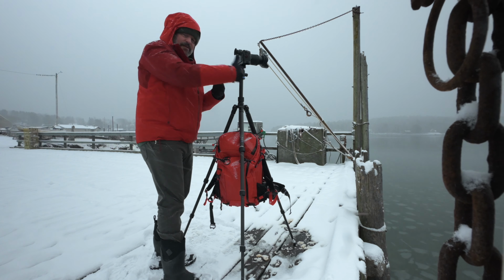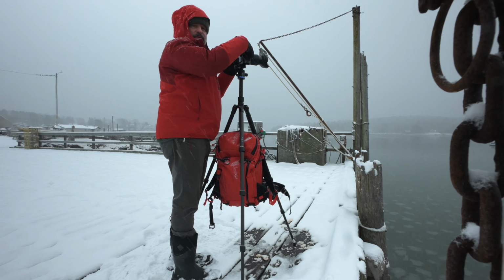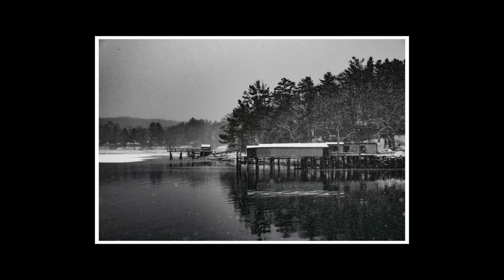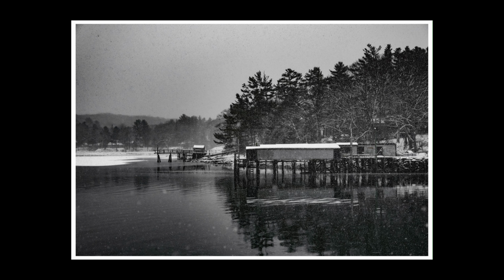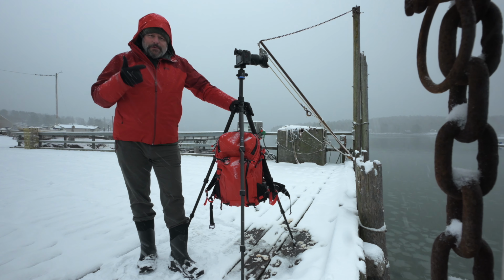So it makes a multi-layered image, which I really like. And it all points to the left, and the wharfs themselves are pretty interesting, so I can't hate on those. Well, okay, so the initial shot may not have been the one I wanted, but this next one turns out